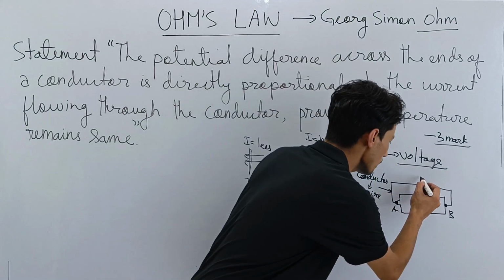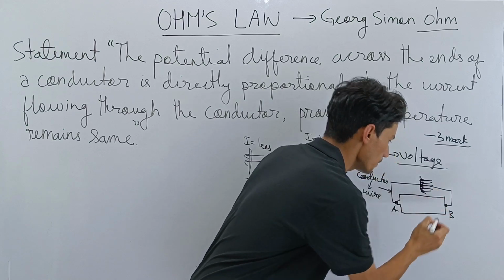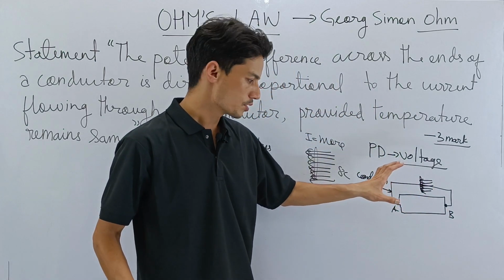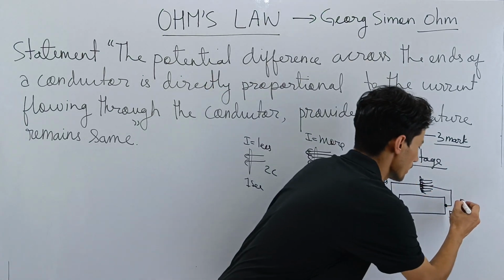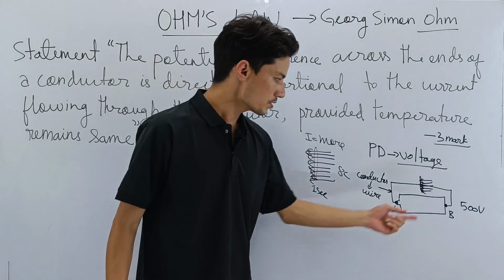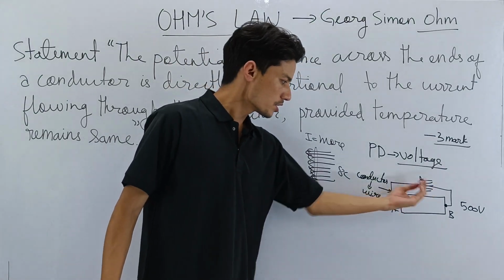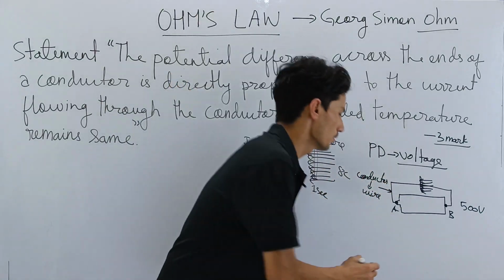So if more current is flowing through, if more charge is flowing through, that means potential difference will be high. So on measuring the value of potential difference, we'll get a high value. Let's say we're getting 500 volts. Why? Because the current flow is more. Charge is flowing more. That means potential difference across point B and point A is also high. But in the other scenario,